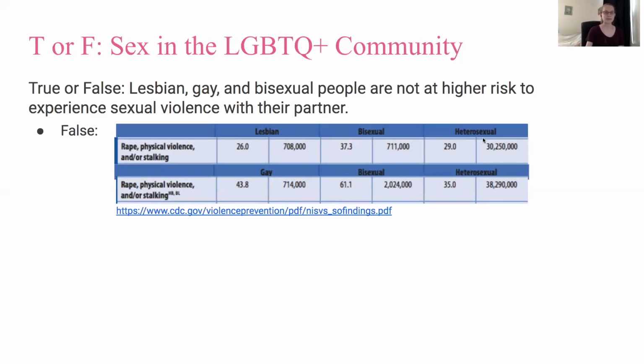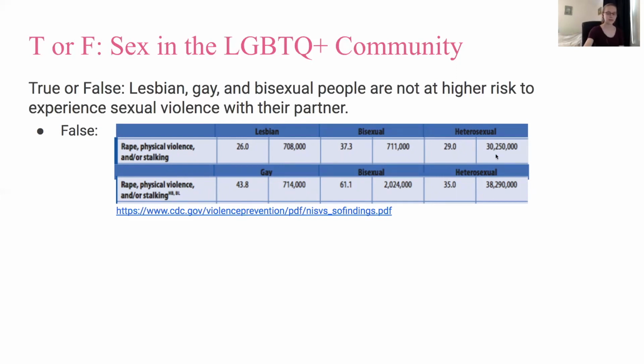So why do you guys think the rate is higher for bisexual people? Some of the risk factors for why these numbers are higher than heterosexual people could be a lack of community acceptance, biphobia, and other pressures in LGBTQ+ relationships that can lead to violence by a partner. It's also interesting that the reported rates for men overall are higher than women, since it's usually the opposite. Why do you guys think this is? This can be due to issues such as a fear of reporting or a fear of being outed if someone is experimenting with their first same-sex relationship, or just a general lack of acceptance by the community or by someone's relatives and people they have relationships with.